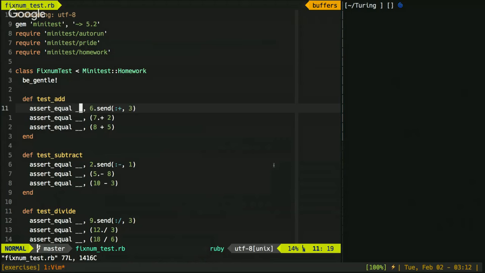Assert equals means that whatever is on the left side of this comma has to equal what is on the right side of this comma.